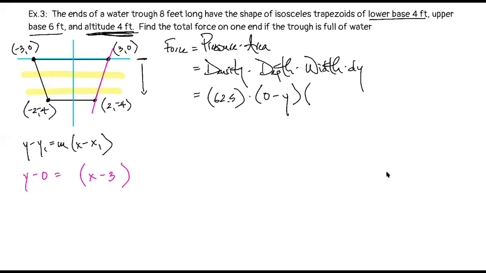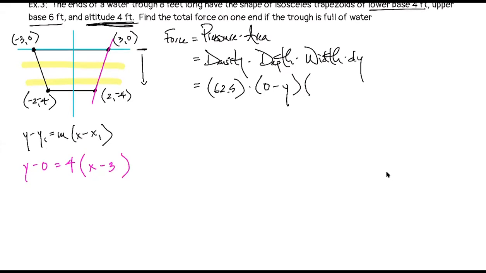Now you could pick 2, negative 4, and you would still get the same answer, but with a 3 and a 0, one of those numbers is going to drop out, so it's a little bit simpler when we're trying to simplify the equation. Now, what is the slope of this pink line? 4. It is 4, a rise of 4 and a run of 1, okay? Now, what that means is we have y equals 4x minus 12 as our equation.